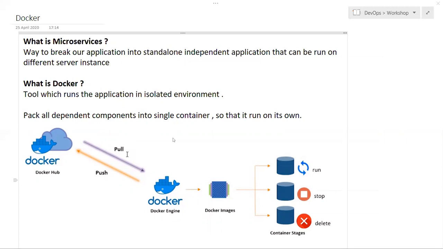Instead of having all modules deployed into one server as one package, we deploy small modules, and we can easily deploy them in different instances. The advantage is, if a new developer comes and wants to work only on the user profile module, he will take that module's code, understand it, deploy his code, and start coding on his own instead of analyzing the entire code.